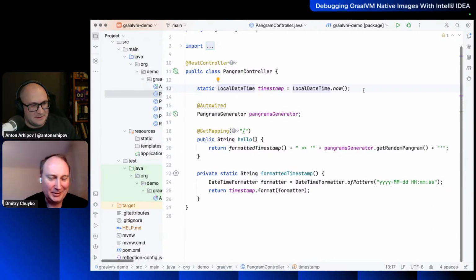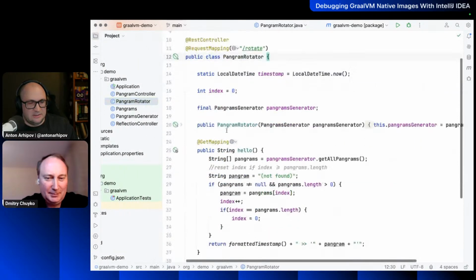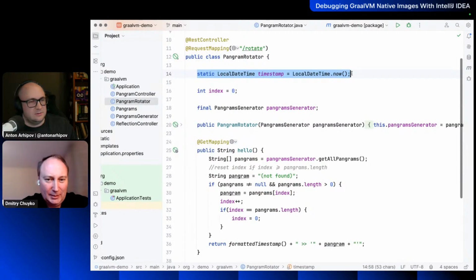So the timestamp is derived from a timestamp, some string, right? That's the timestamp that I have on the root controller. The rotator has the same field declared in the same way. We just have a timestamp, which is initialized as an instance field in this bin, right? These are two bins, they are controllers, and the code in the two bins